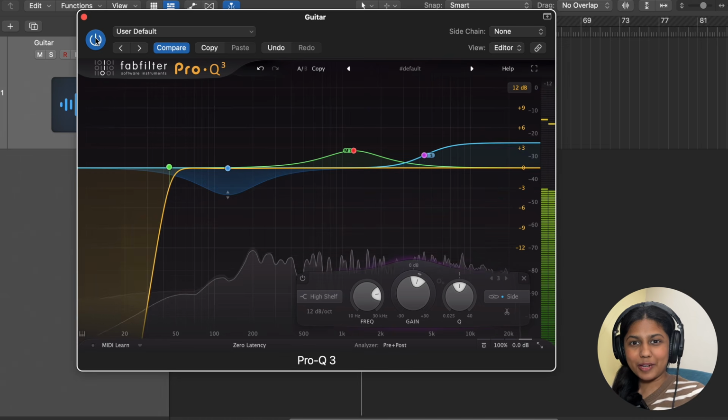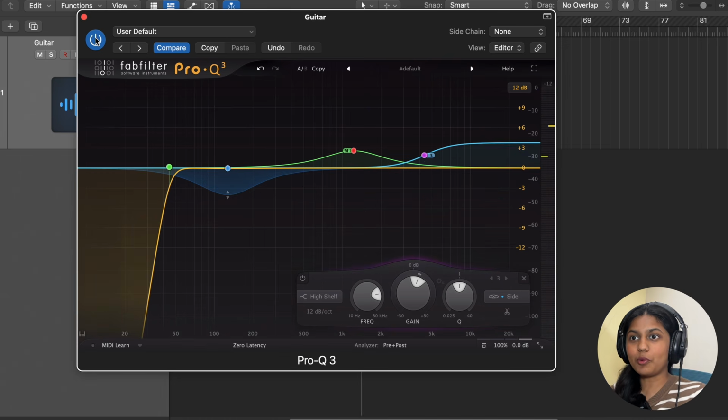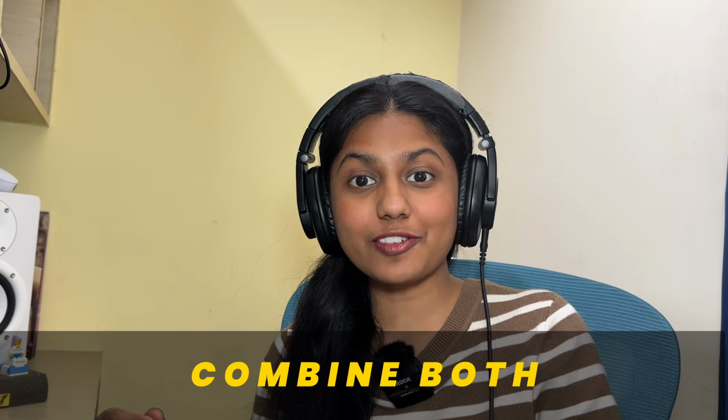So you get more presence on the left and right, whereas you get more body of the guitar and more clarity on the notes in the center. Now, this is where you have an ultimate control on the EQ, and that is combining both the dynamic aspect of Pro Q3 and making your changes on the mid side or left, right, and all that,